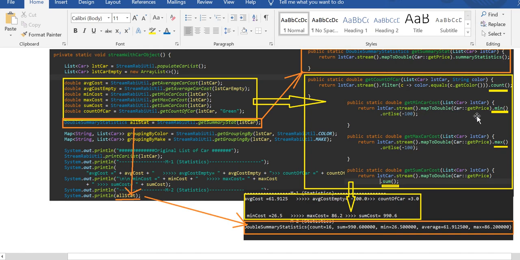First we get the list of car. From that list of car you will get all that price. So first we have the car object having all that properties. So my area of interest is the price only, right? So for price I am going to map it, map to double. So car price, so map to double, and dot mean, dot max, dot sum, dot count.